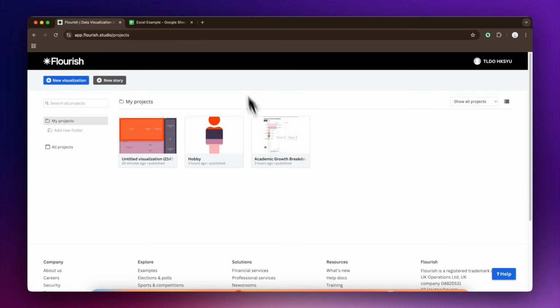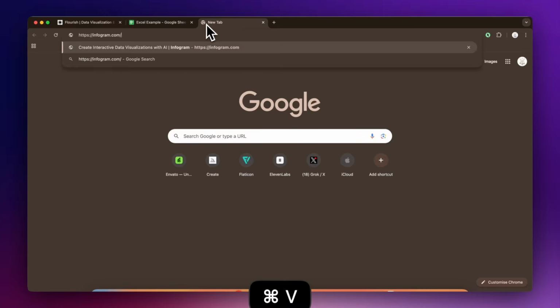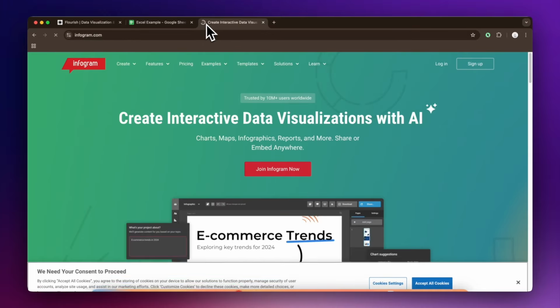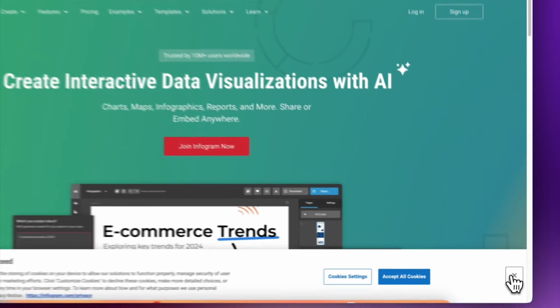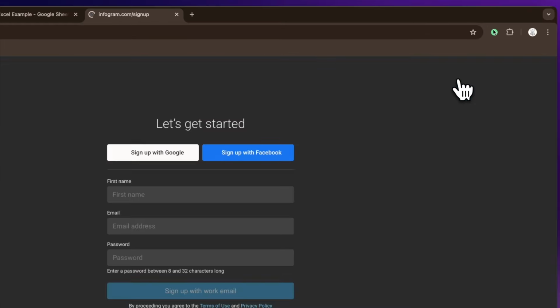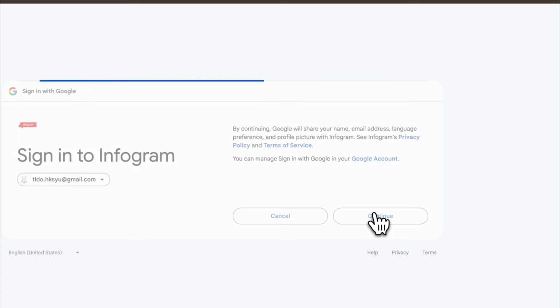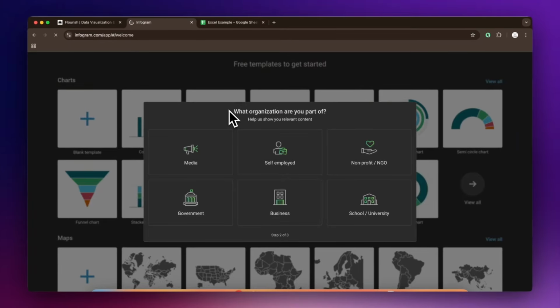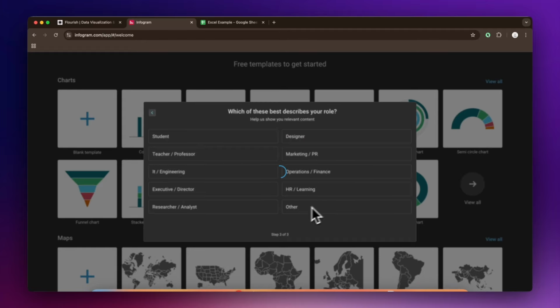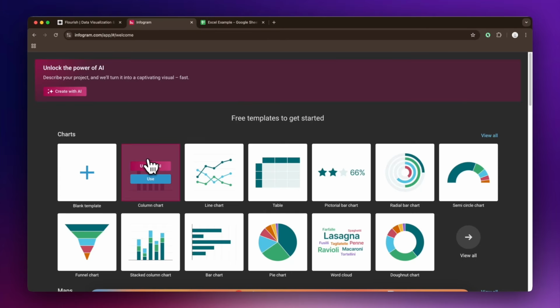section. Part 2. Using Infogram to make a visual resume. Head over to infogram.com and sign up for a free account. In today's competitive job market, a creative resume can help you stand out from the crowd. And the first time you sign in, you'll be prompted to select your organization, role, and a basic free plan.